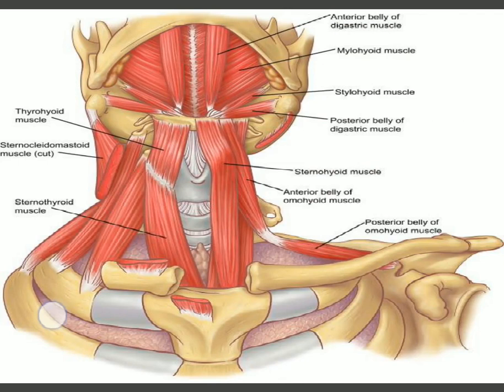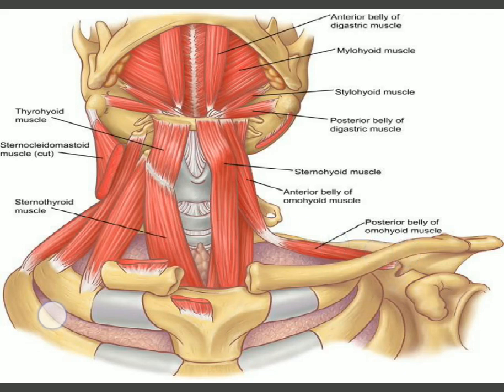So the inferior belly is taking origin from the scapula bone. This is the bone, this is the glenoid cavity, this is coracoid process, this is scapula basically. So from the suprascapular notch, which is present here on the superior border, this muscle is taking origin, the inferior belly is taking origin,